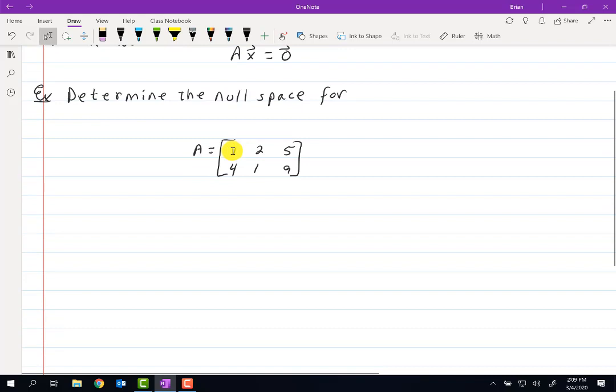So for us to solve this, what do we need? We have 3 columns in this matrix. So that means I need my x to be in R^3